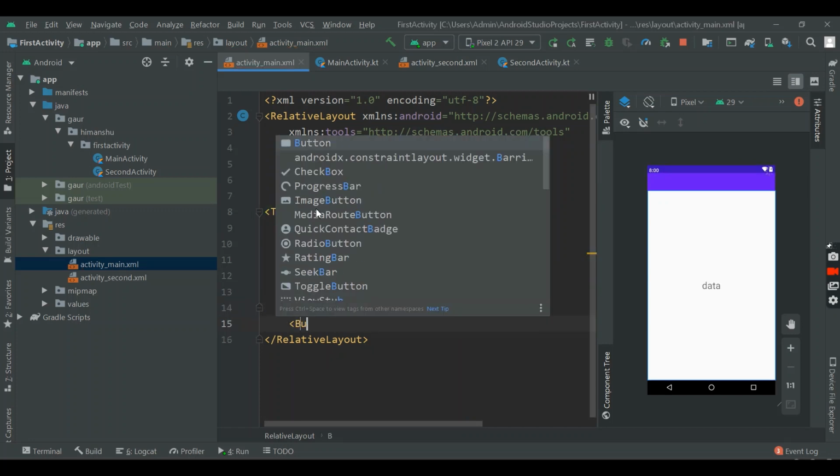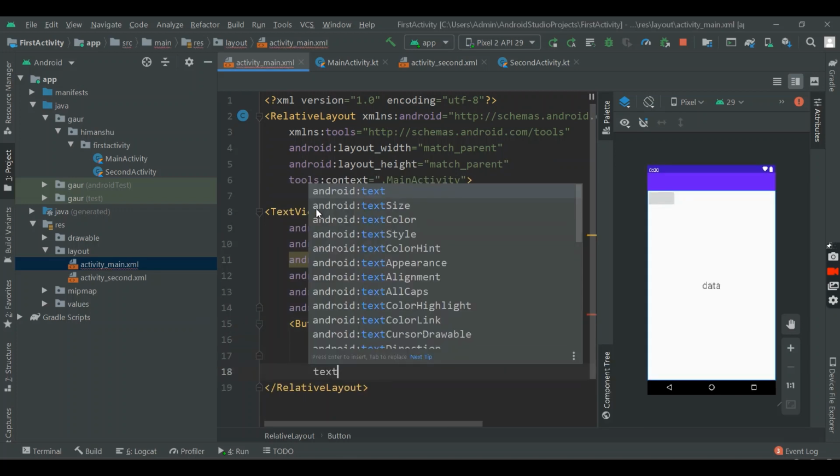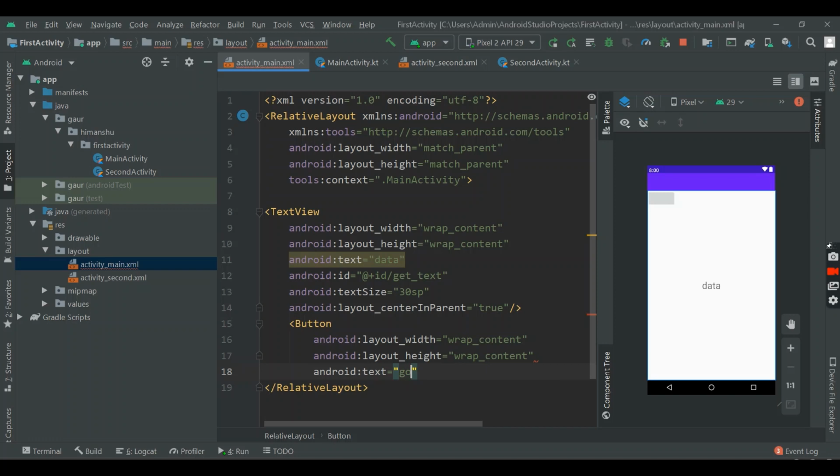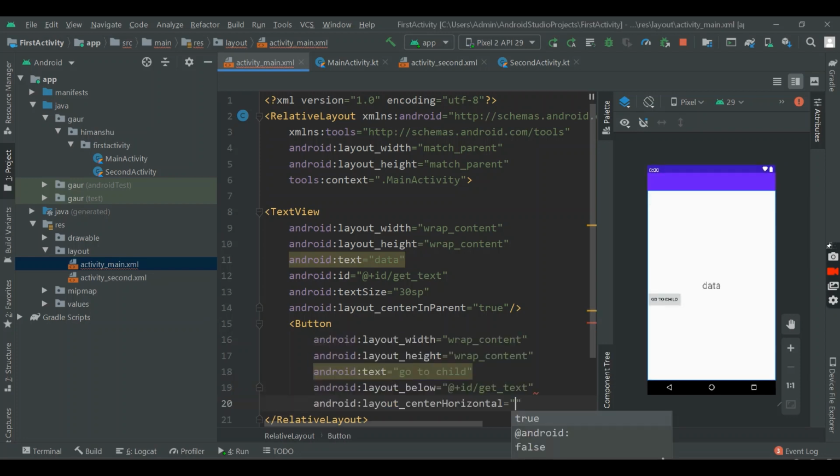A button, wrap content, and text is go to child, and make this button below our text view. So I use layout below, and our text id is get text, and make center horizontal true. That's all for our main activity.